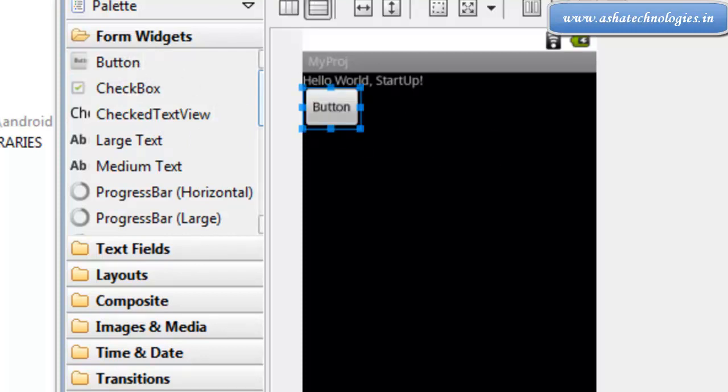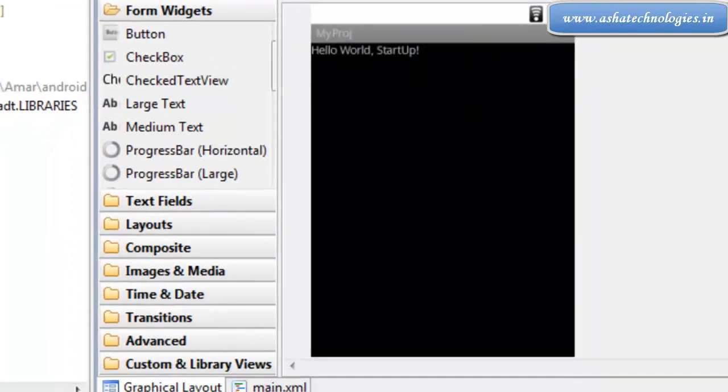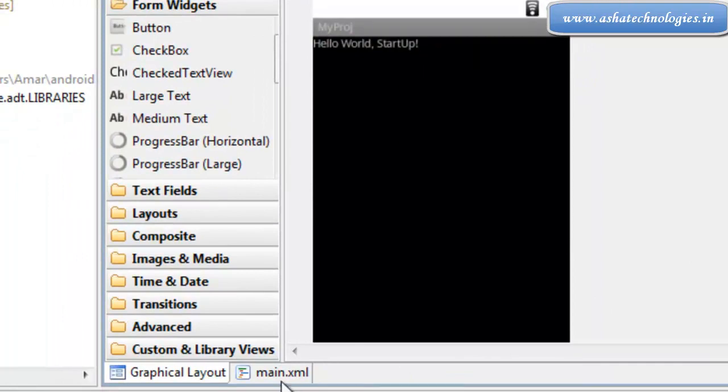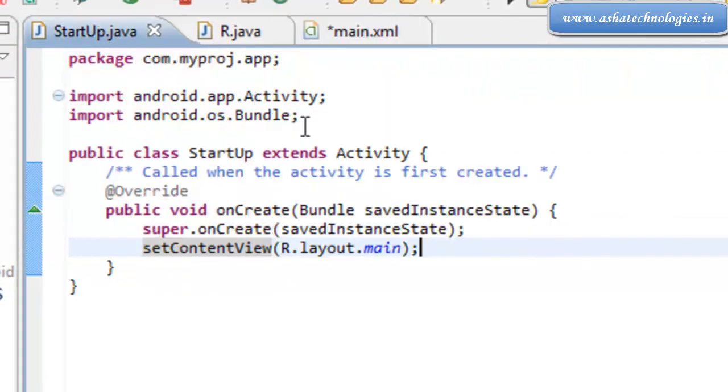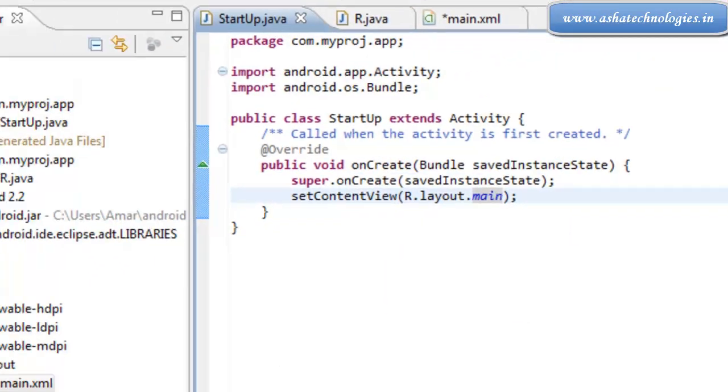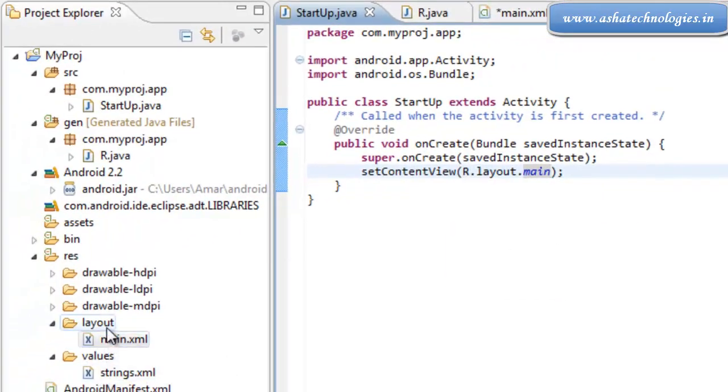I can just drag and drop this button over here, and even delete it directly. Or we can create the code for this using XML code. That's called main.xml, which is situated over here. This main.xml is the file referred to from startup.java as R.layout.main, because it is under layout.